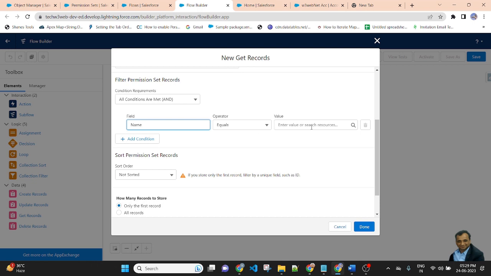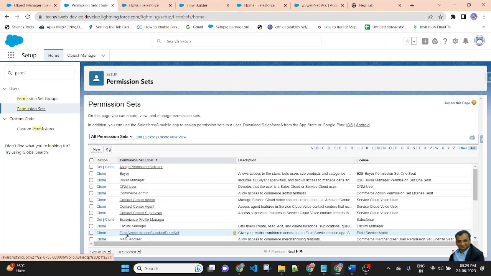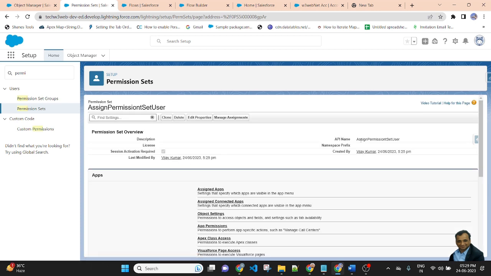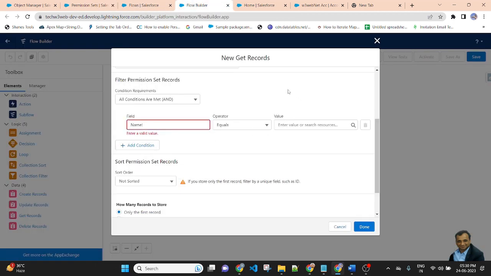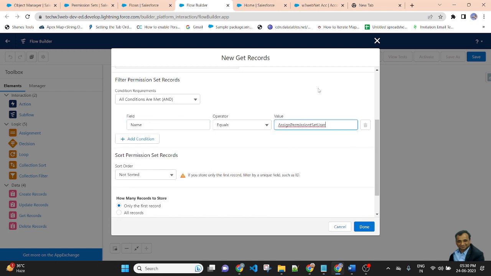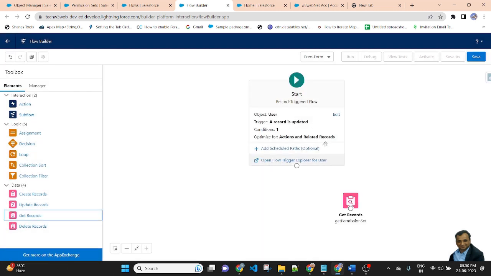Permission set name equals my permission set name, which is Assign Permission Set User. So the API name is this. Copy this name of the permission set, and if the permission set name is equal to this, then only the first record.